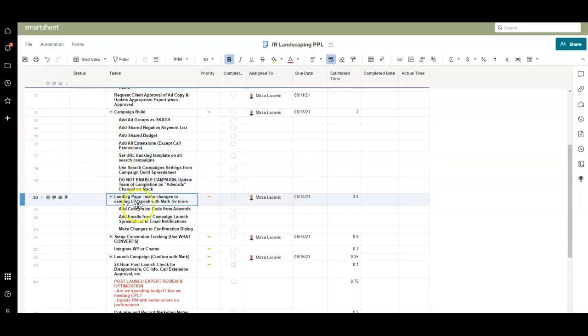But in the landing page, we're going to add the conversion tracking code. We're going to add the emails from the campaign launch spreadsheet so that all the leads get emailed to the correct person. We're going to make changes to the confirmation dialog box. And a lot of these things just come up over time. If you use Unbounce like we do,